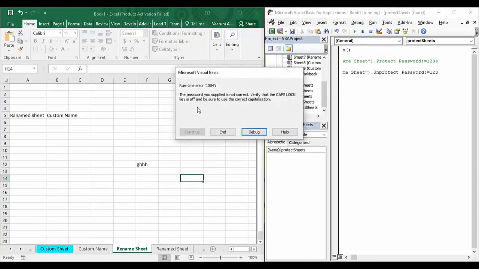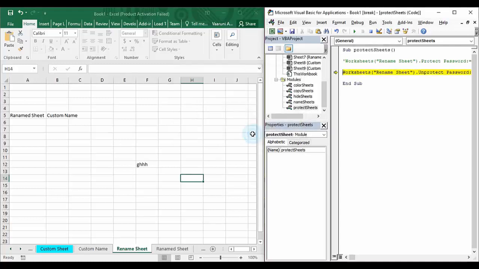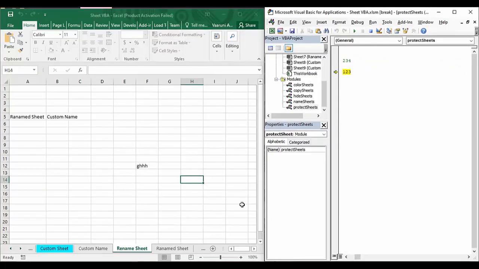Now if I just run it, then I will get this error. The password you supplied is not correct. Verify that the caps lock key is off and be sure to use the correct capitalization. You can just debug it, you can end it, and now you know that if you provide the wrong password, then also you are not able to unprotect your sheet using VB as well. So in order to unprotect your sheet, you must provide a correct password, which is 1234 in this case. So if instead of 123 you provide 1234, and then let us just stop its execution right now,